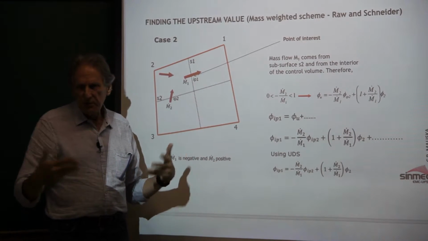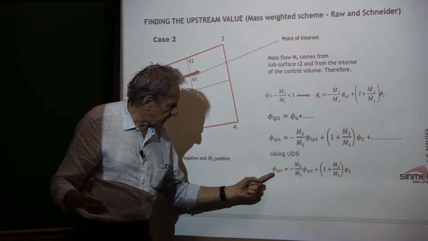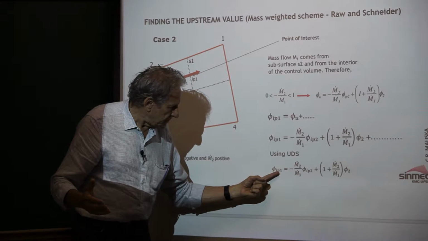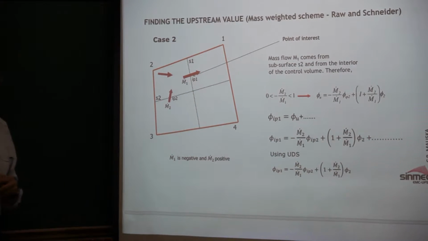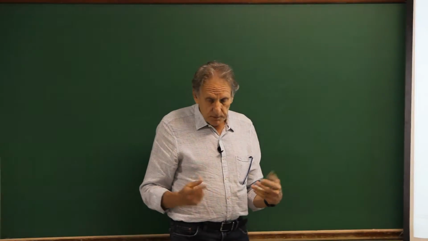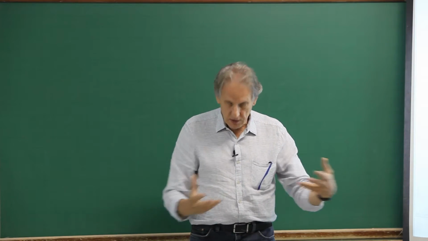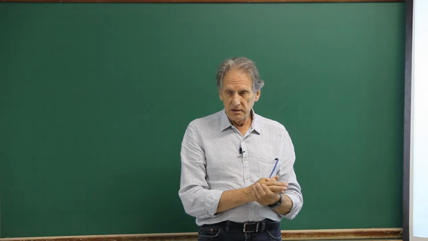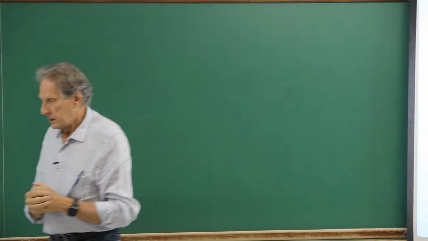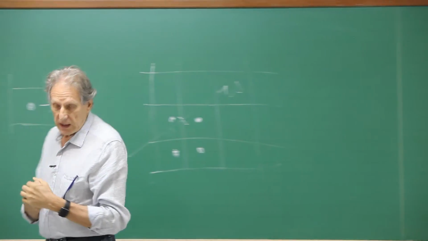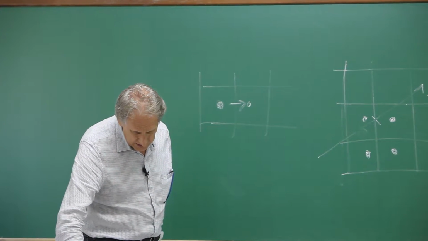If you use the upstream differential scheme, then the phi in point IP1 will be the upstream value. So this is one case where the donor cells are 2 points giving the information for the IP1, and then